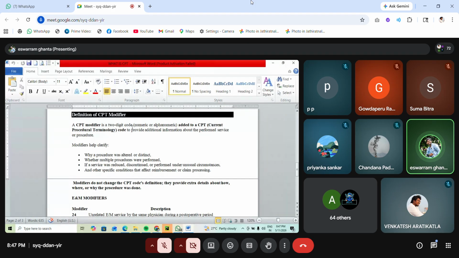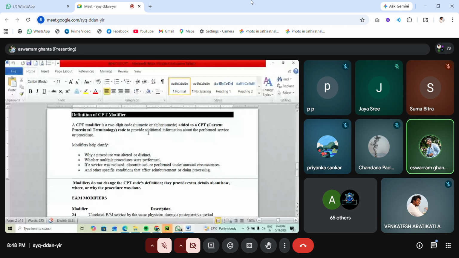The interviewer may ask you: what is a modifier? That is also one of the questions. A CPT modifier is a 2-digit code added to the CPT code. Okay, for the CPT code we are adding a modifier. What is the necessity of adding this modifier? Actually, to provide additional information. There are already 5 digits for a CPT code, but again we are using this